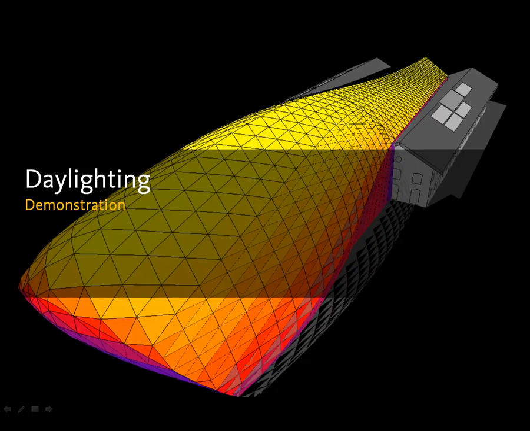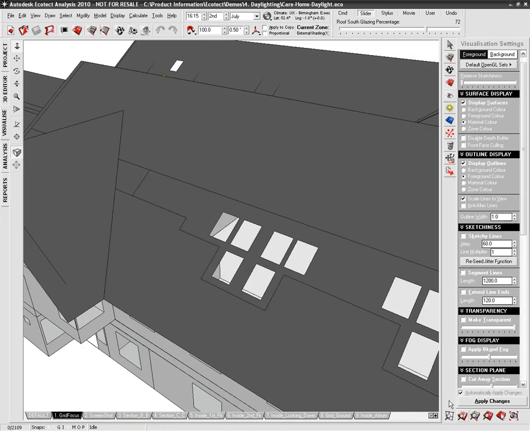Let's now look at daylighting analysis within Autodesk Ecotect analysis. Daylighting is an important factor in ensuring the comfort of occupants and their well-being, but also for reducing energy. If you can make use of natural daylight, you're less reliant on powered light sources. So let's take a look at this building here and some of the results for light levels within an atrium